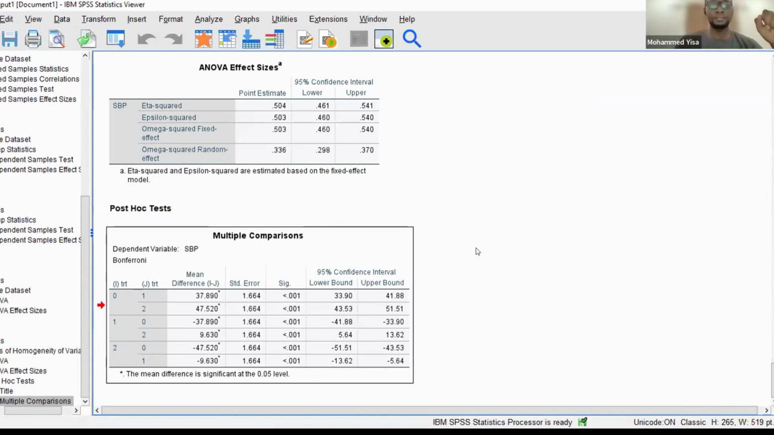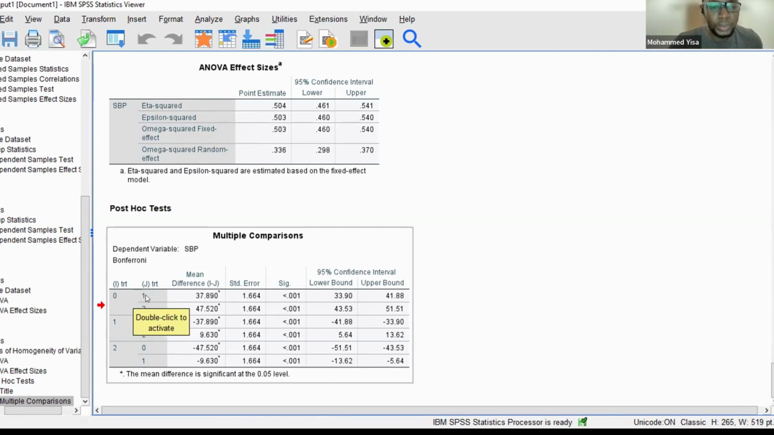So basically, all the mean blood pressures are different across the 3 different groups. But that alone is not enough. We need to know which one is greater than which. So we come here and we look at the comparison between the placebo and